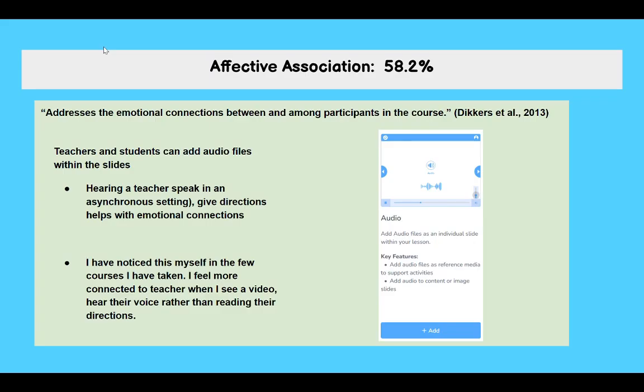All right, so the final element, effective association, focused on the emotional connections between students in a class. It was ranked the lowest in importance by students. I don't think it's because it's unimportant, but maybe other elements of the social presence model just seem to matter a little bit more. That being said, I think, if I'm stretching a little bit, Nearpod does offer some features that can support